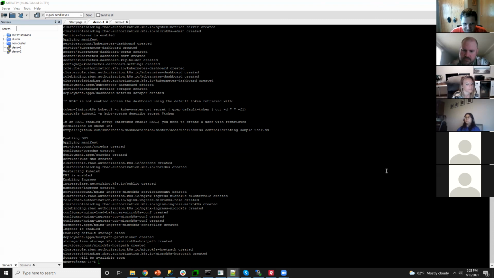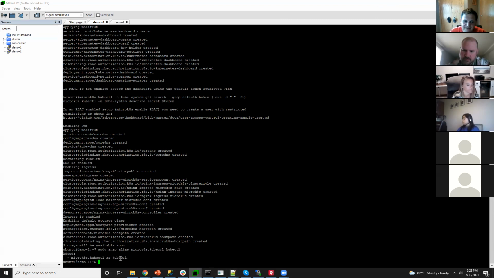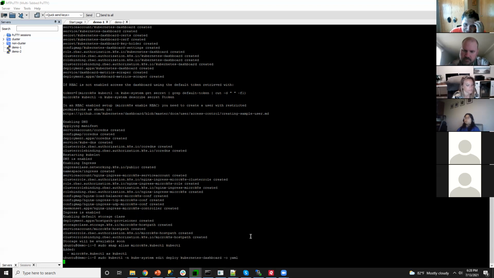So now those are installed. Then I'm going to do this next step. What this does is it just adds an alias for MicroK8s. When you start typing stuff out all the time, it's a lot easier to type just kubectl instead of microk8s.kubectl every time. So I always do that. And then my first command that I'm going to run using that is this one. And what this command does is